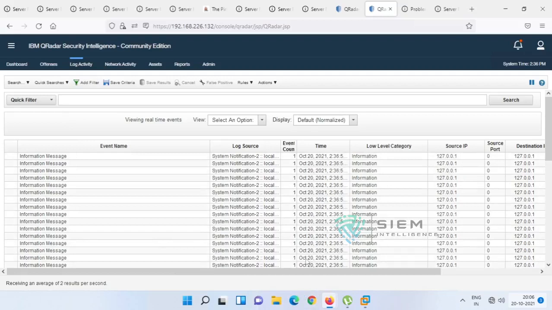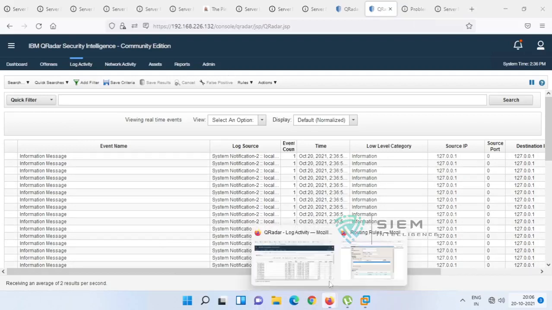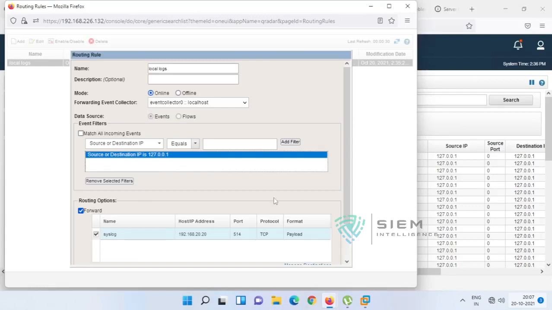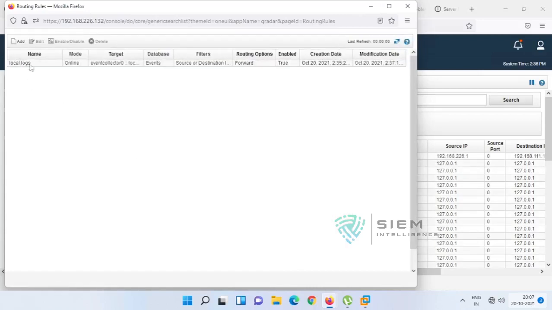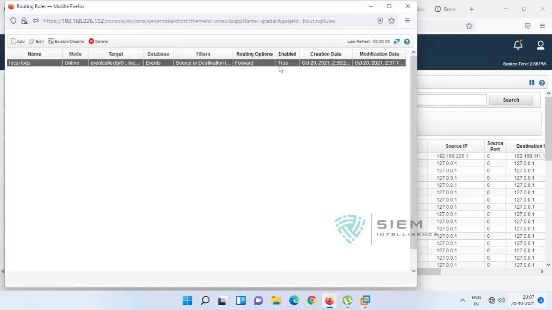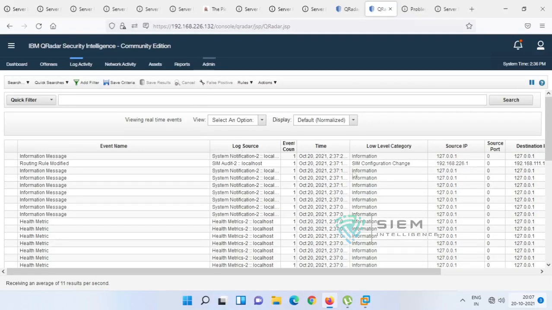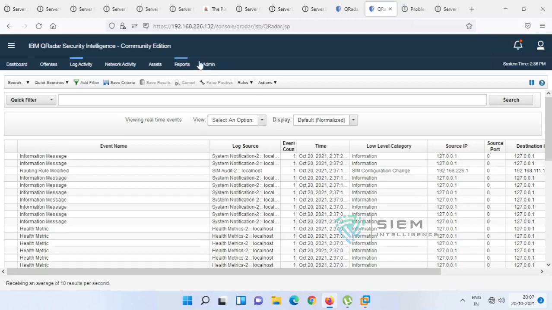So what I am doing is forwarding to some other location, to syslog. There is a syslog I created for this purpose only. The host of that particular syslog is 192.168.20.20. The port is 514, where I am forwarding through this particular port. The protocol is TCP, and it is up and running. However, if this particular destination is online and pingable, then only these logs will go, else they will not go.